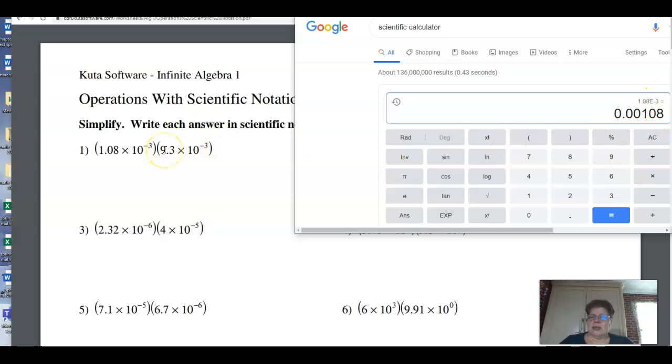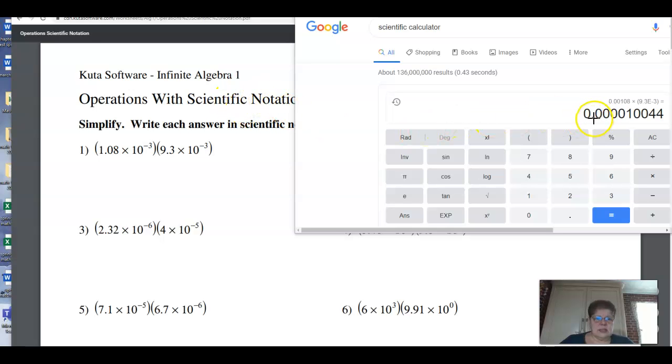So let's go ahead and multiply that times the next one. The next one is times, and I'm going to go ahead and put that in parentheses, 9.3. Again, my exponent takes care of times 10 to the, and that's also -3. Close my parentheses, and then that's going to give me an answer. So that means the answer here is in standard form. I'm going to write the answer in scientific notation. So that needs to move the decimal point all the way from here to there. So the final answer is going to be